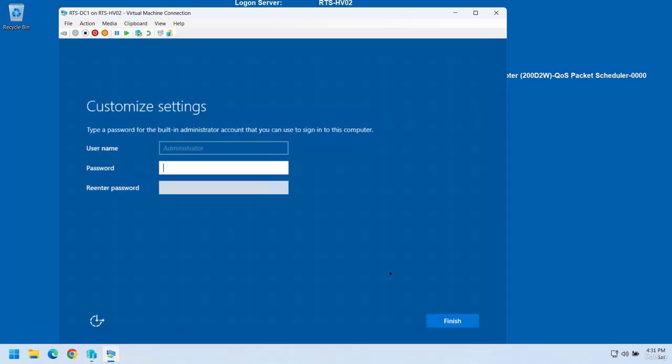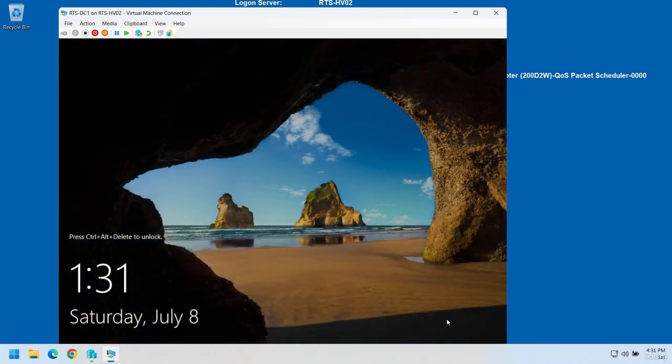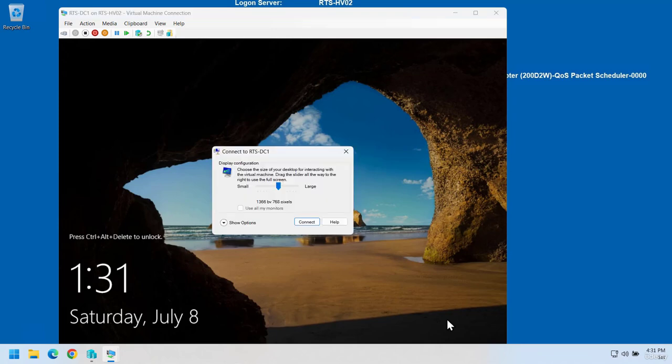Now I am up to my administrator password. It is important to remember this because you will log in with this password as soon as we're done. So if you forget that password, you have to reinstall the entire operating system. Now, I did speed up part of the installation, but on my computer here, that actually took less than 5 minutes. Now I could put this in full screen if I wanted to full screen this,